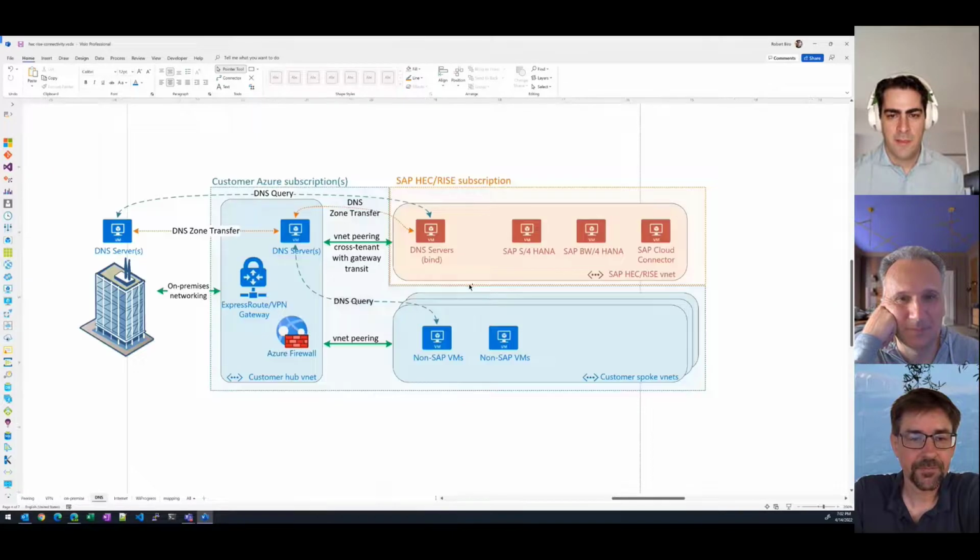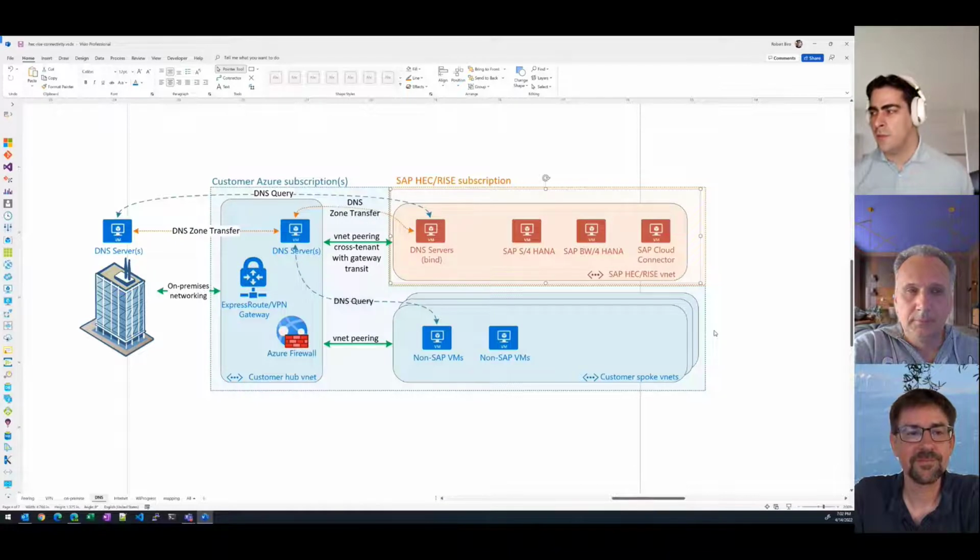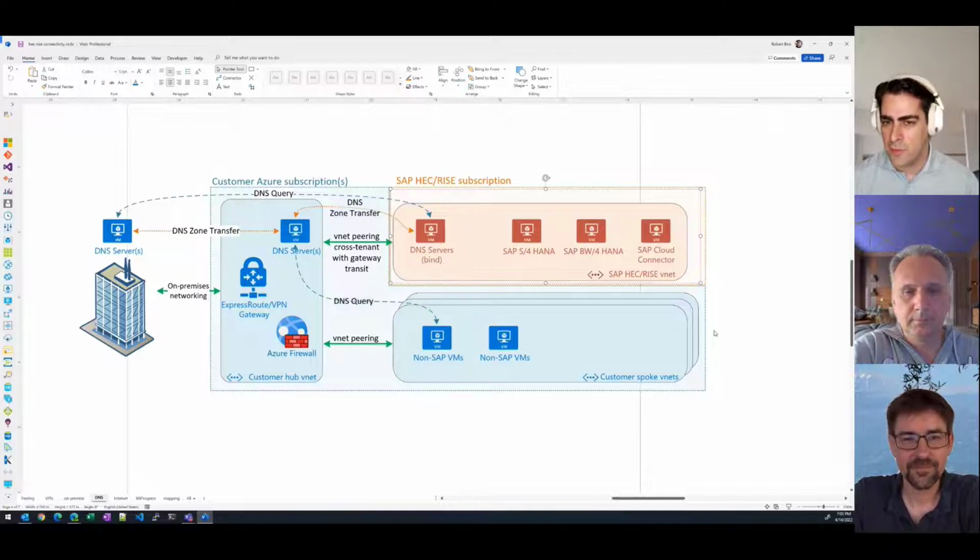Typically, the SAP team deploys VMs. Two VMs are deployed within the customer's RISE subscription, within the SAP subscription for the customer's workload, so the orange part. They actually bind the machines, so the Linux BIND daemon handling the DNS lookup. They handle a delegated zone. So a customer, again, this is an agreement with SAP and the customer. A zone in the DNS structure is delegated to RISE. Typically something like hec.customername.com